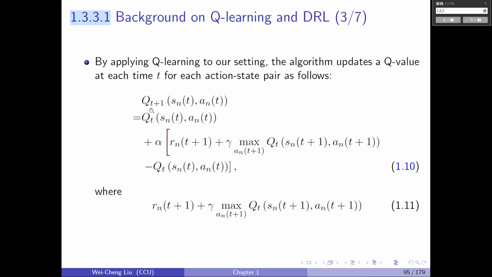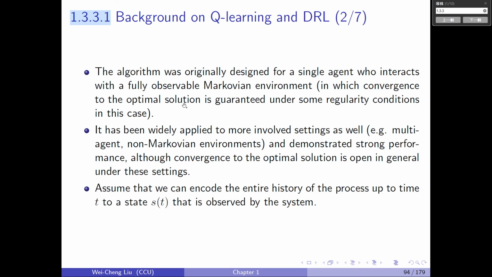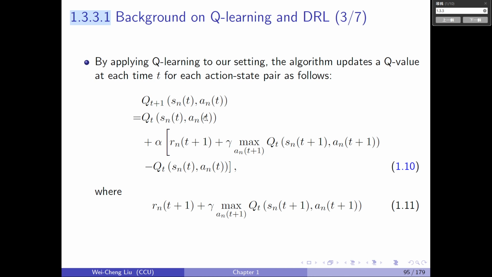Q of t plus 1 of Sn of t and An of t, where Sn of t is the state up to time t, and An of t is the action at time t. So this is called an action-state pair. And Q of t plus 1 is the Q value at time t plus 1, and it is equal to